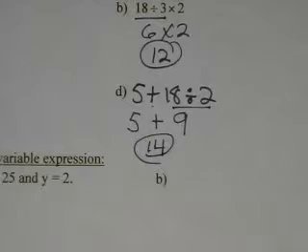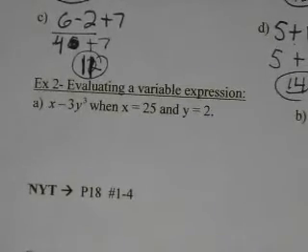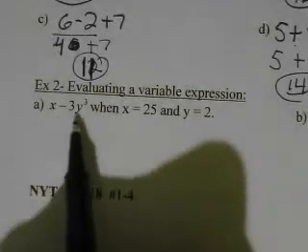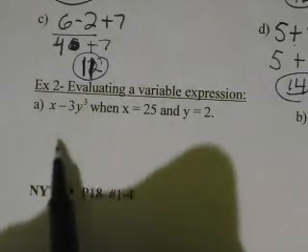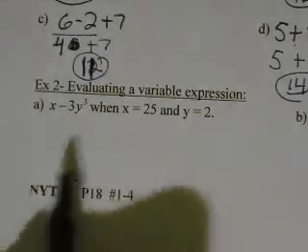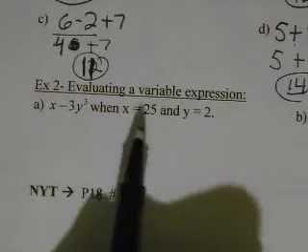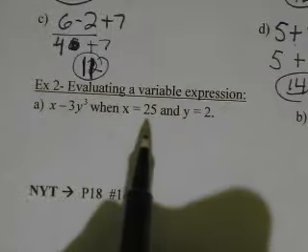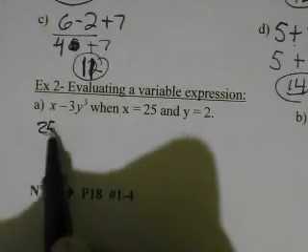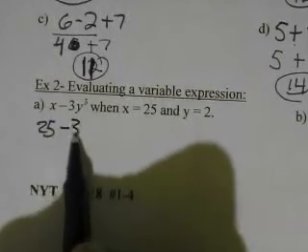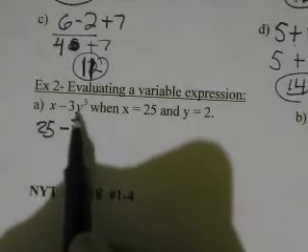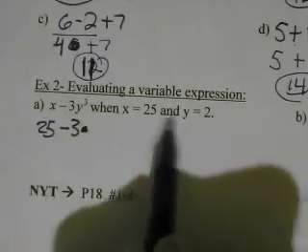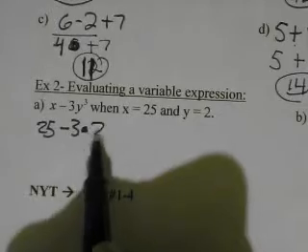Okay, now let's try with a variable expression. So now we have a mixture of order of operations and variables. So first step is always to plug in our numbers for our variables. So all the x's we see, we're going to plug in 25. So 25 goes there, minus 3, remember this is multiply, times, well, y is 2 to the